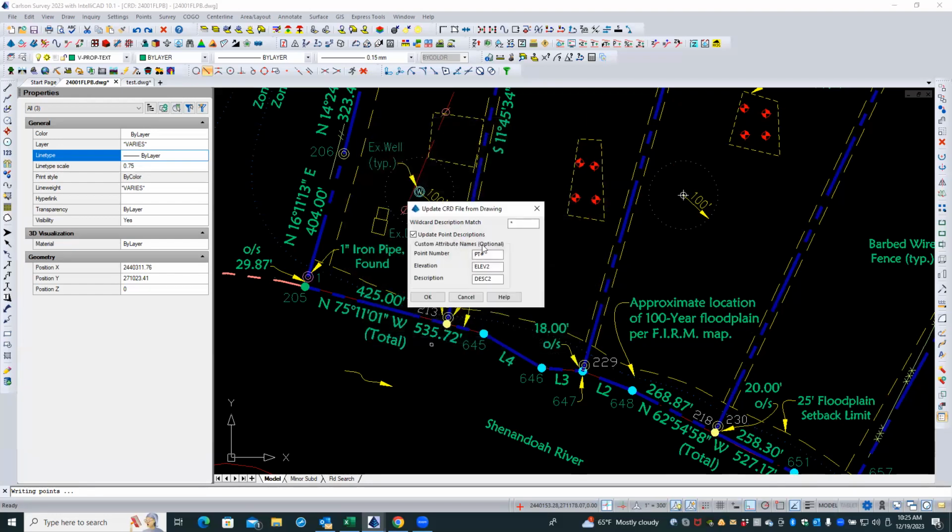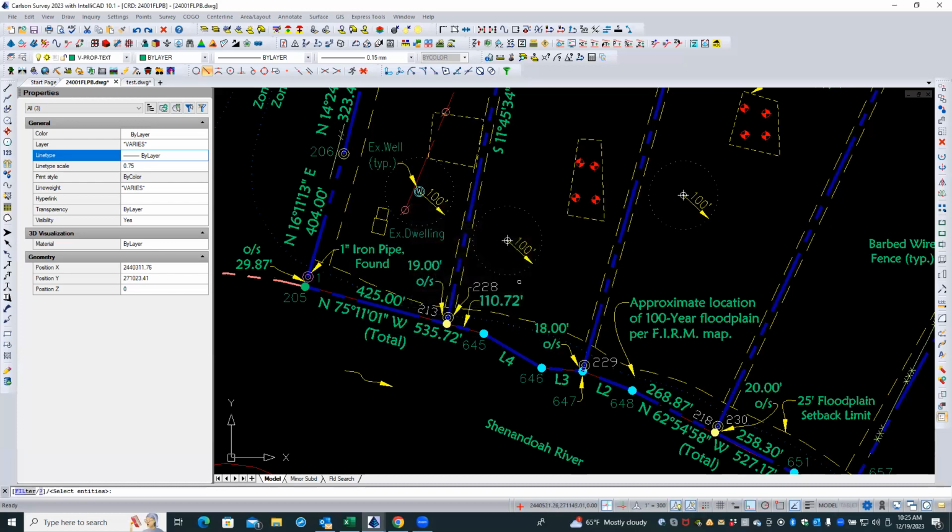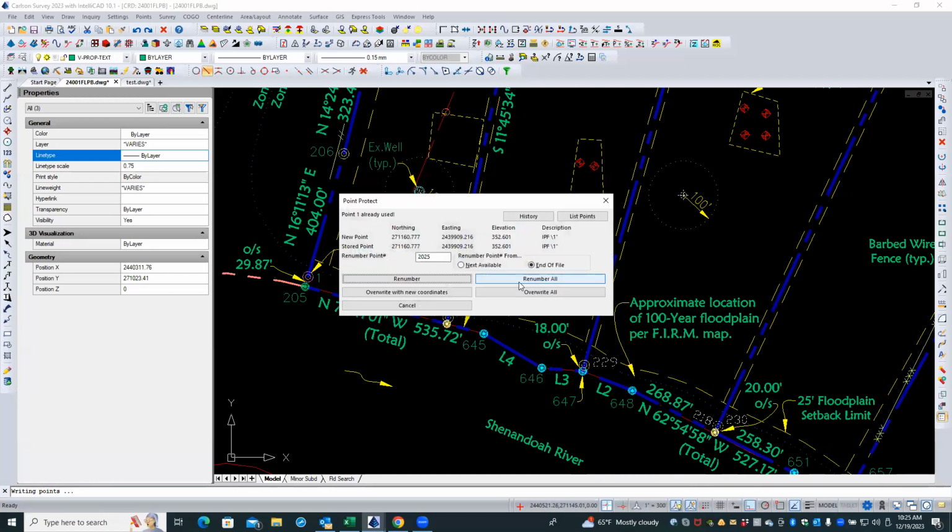Update coordinate file from drawing. Let's look at this update. Let's not update the descriptions. All right, so now there's that. And now let's say all. No, it's still